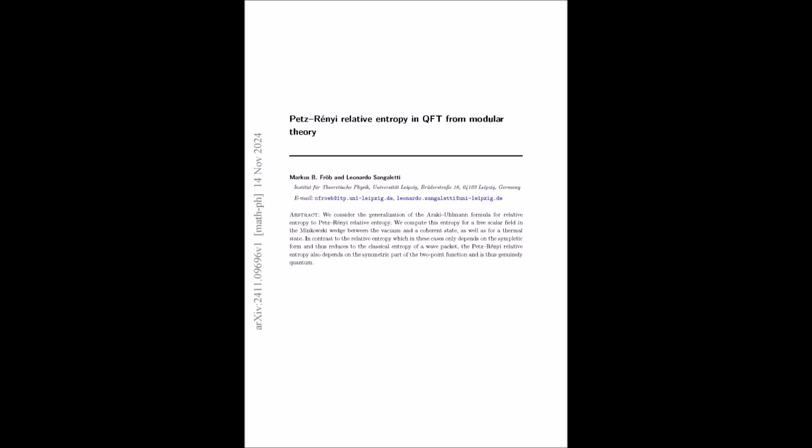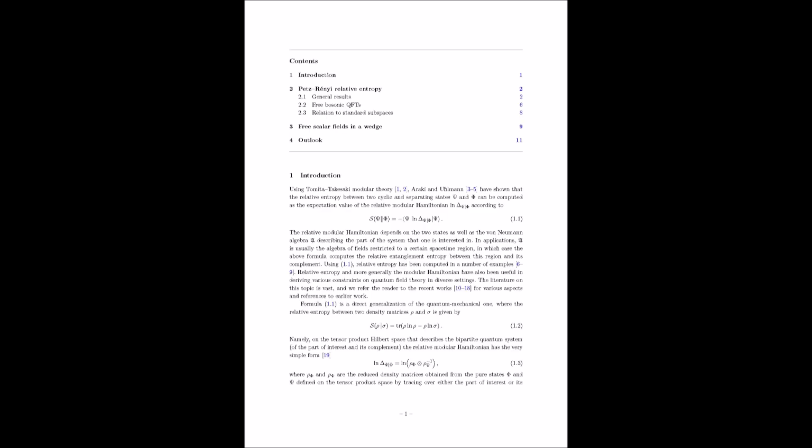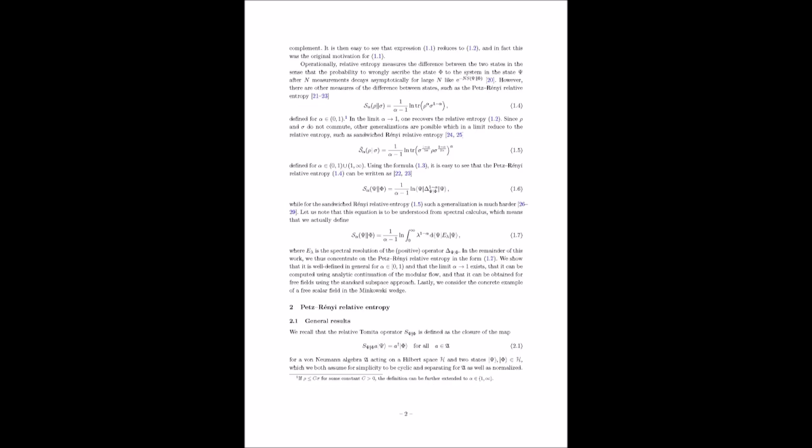So we've got this modular operator tied to boosts. We've got our wedge-shaped region. And we want to calculate the Petz-Rényi relative entropy to understand the entanglement within it. What happens next? Well, they put all the pieces together and actually perform the calculation. They start with a two-point function, remembering that it transforms in a specific way under boosts thanks to the Bisognano-Wichmann theorem. The two-point function, again, always lurking in the background of our quantum dance floor.